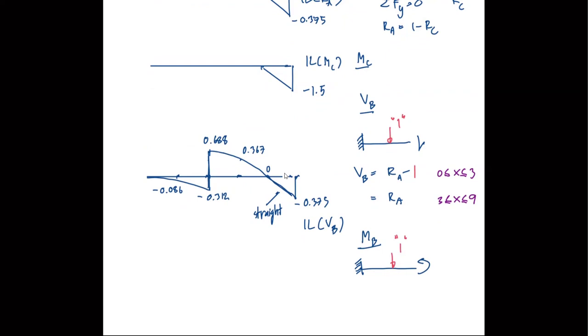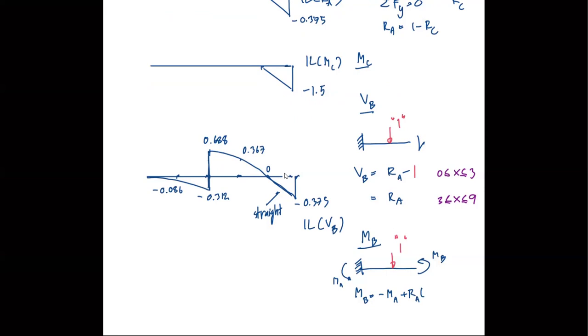But don't forget that you also have MA. This is MB. So MB will be equal to minus MA plus RA multiplied by